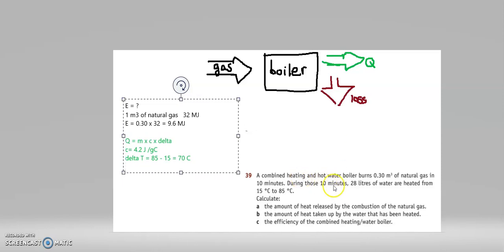What else do we have? We also have mass. Mass is 28 liters, which is 28 kilograms, which is 28,000 grams, and I converted it to grams because here we have joules per gram. And the reason that 28 liters is 28 kilograms is because the density of water is 1 kilogram per liter. So if I multiply them together, I can get